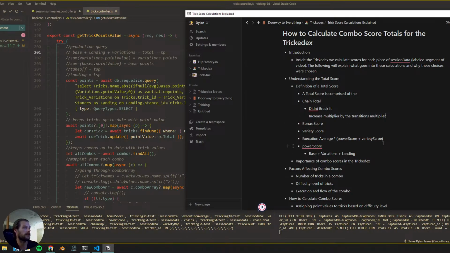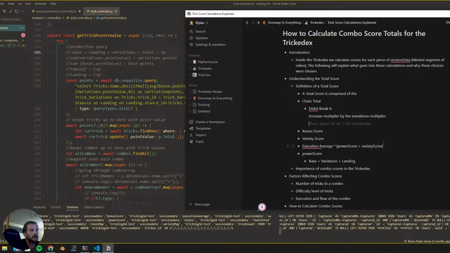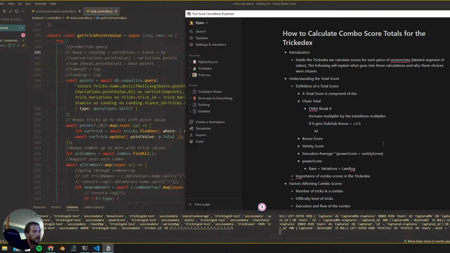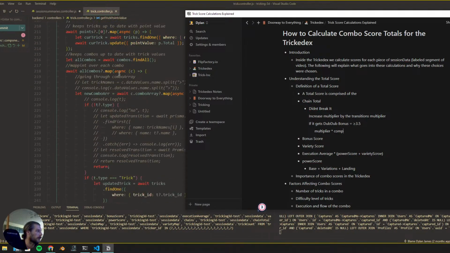So we increase the multiplier each time by the transitions multiplier, and if it gets dub bonus, which is the greater than or equal to 3.5 score, that's when it gets, we still are, like, we've already increased our multiplier, and this is where we are giving it its bonus of that times the comp. If I remember correctly, it is